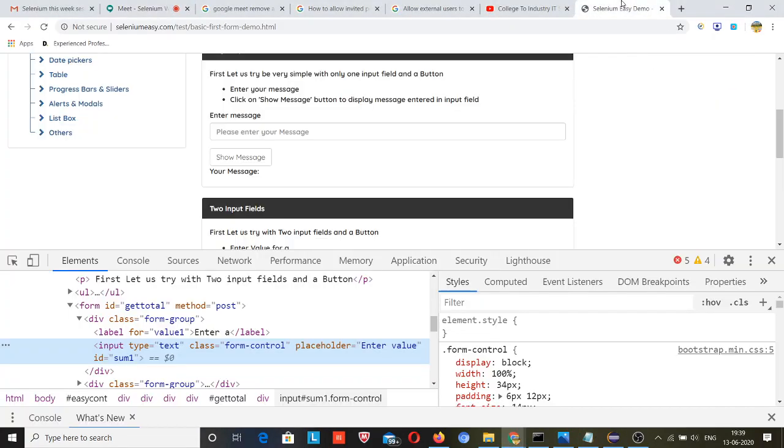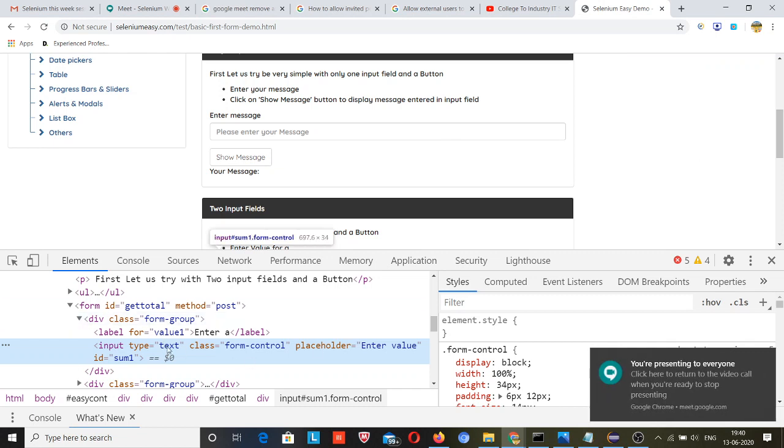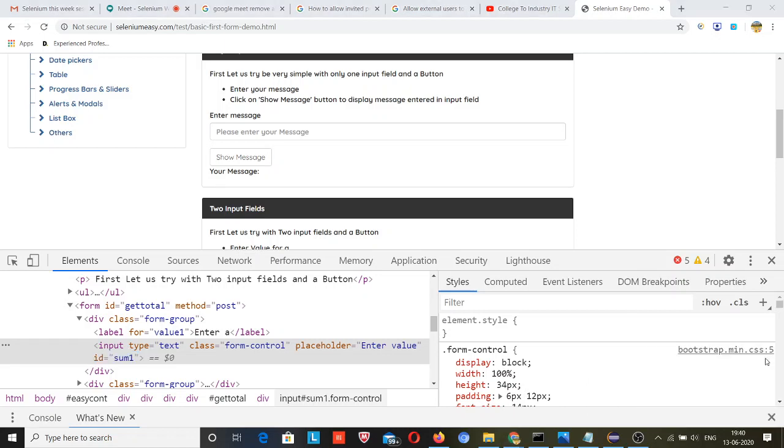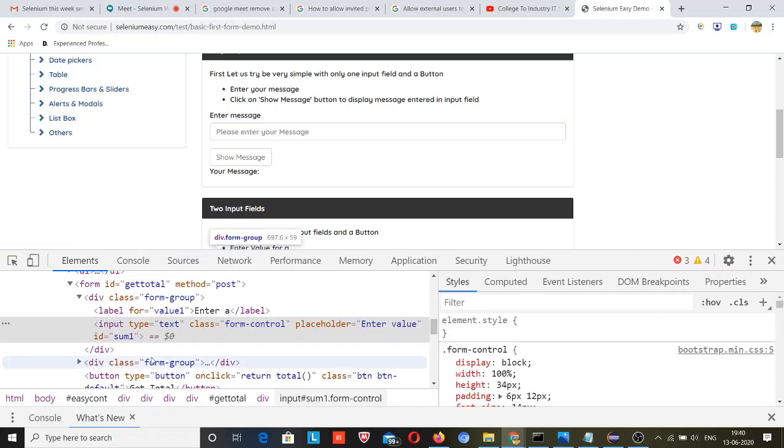I was doing this. So I will do it using the ID locator, and you can see over here that the ID is equal to sum1. Okay guys, maybe this ID will be constant, but not all the time will an ID be constant. Let me refresh it. This will be constant, because this ID will always be the same: here we are summing two values, and the first is sum1 and the second will be sum2.